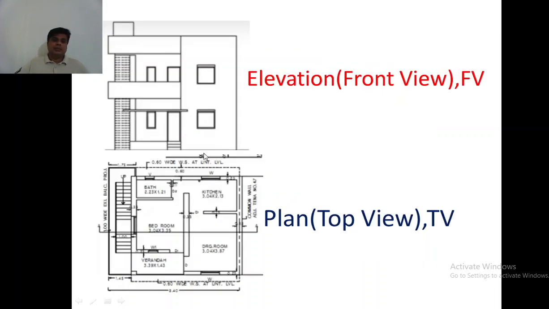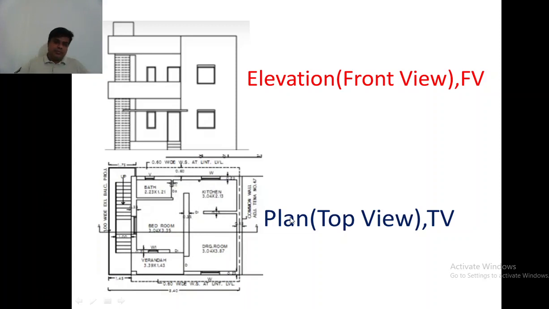So one simple civil drawing I have shown here. This is the front view of a house. The front view is called FE, or elevation. Front view means elevation, and all of you are familiar with this plan. Whenever you build a house, a plan is drawn. So the plan is the top view. From the top, how does it look? A cut section is shown.